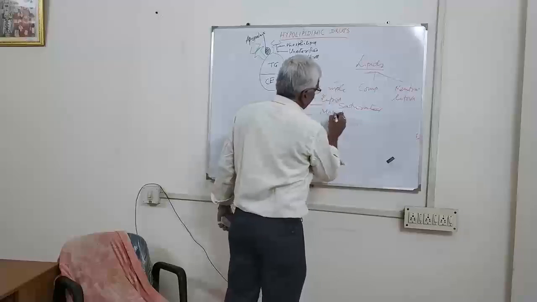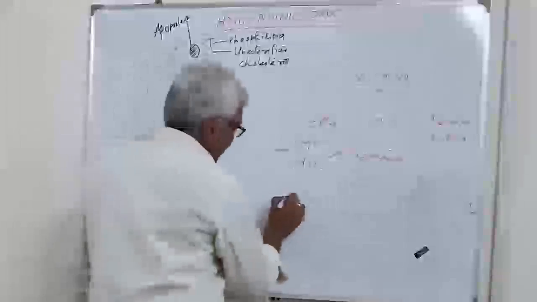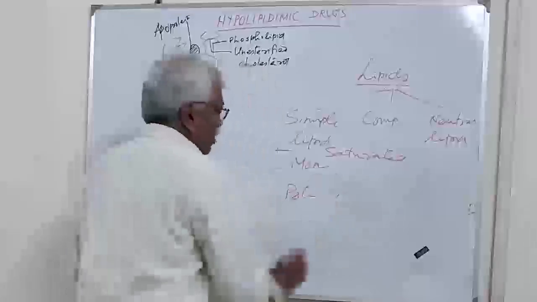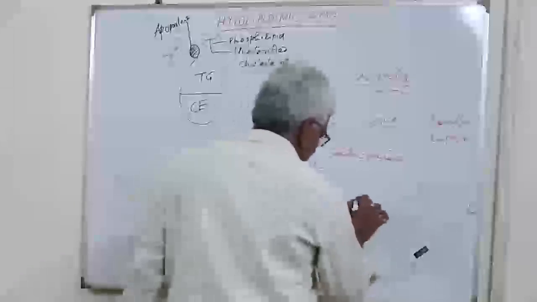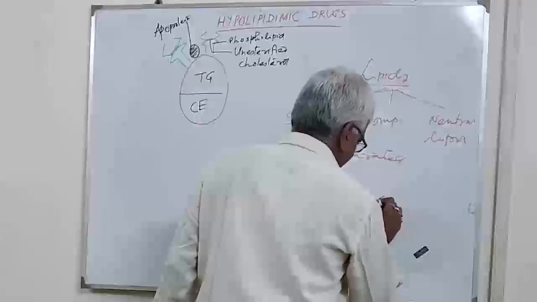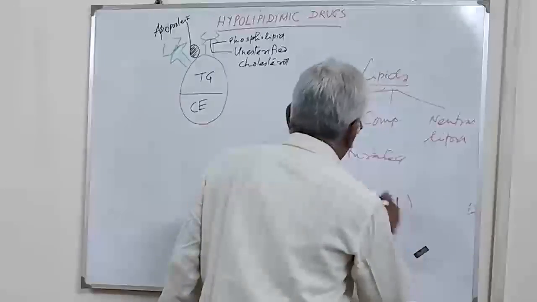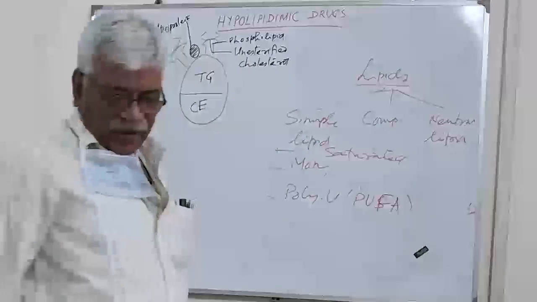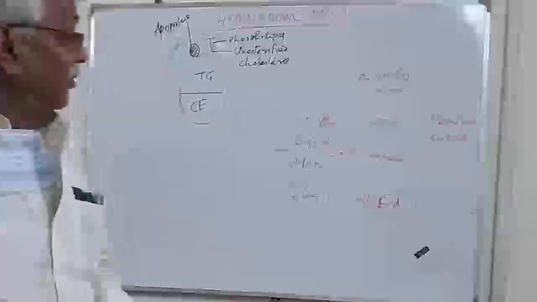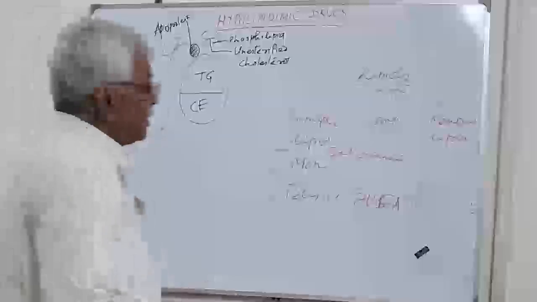It may be monounsaturated, where one bond is unsaturated, or it may be polyunsaturated. These are called MUFA and PUFA, unsaturated fatty acids. Now the compound lipids are the sulfur lipids and the phospholipids, and the neutral lipids are cholesterol ester